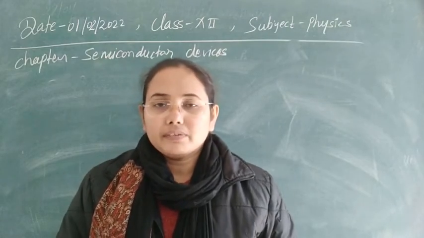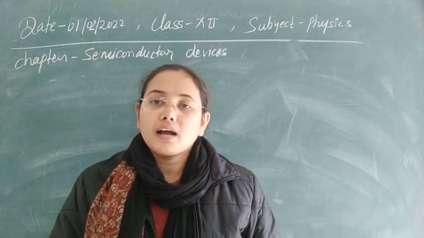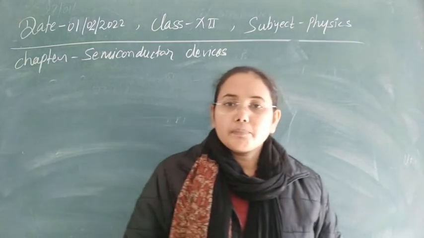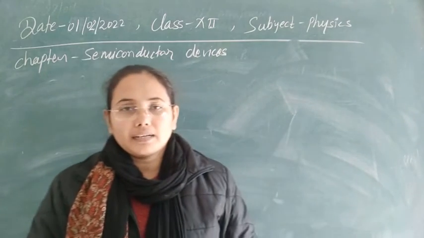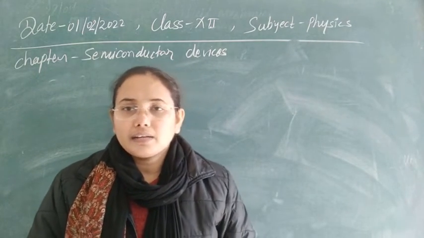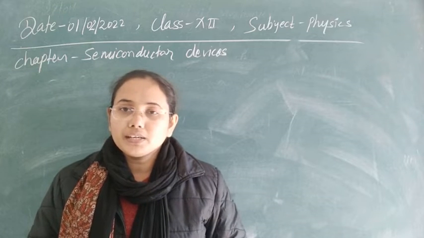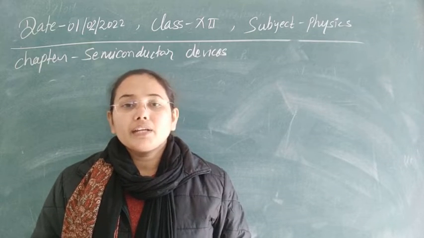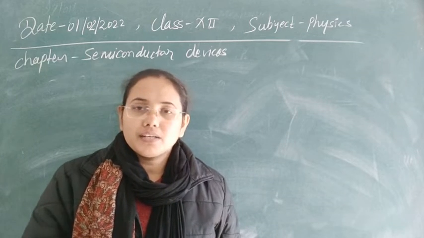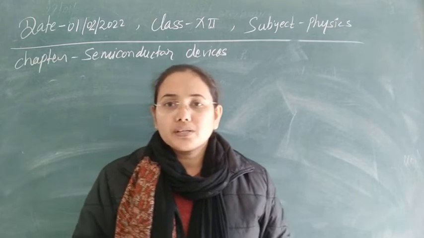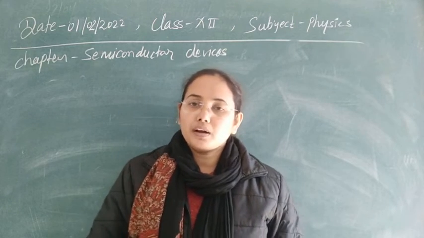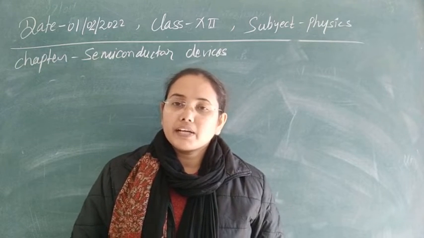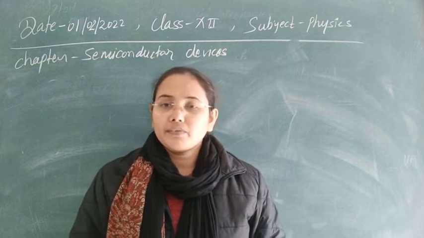Now the next topic asked is the applications of the PN junction diode. The first application is the Zener diode, the second is the photodiode, the third is in LEDs, and the fourth is the solar cell. Along with these, which you have to study in class 12, we also use diodes elsewhere. One more thing you have to study is rectifiers. In rectifiers, we use two types: half wave rectifier and full wave rectifier.